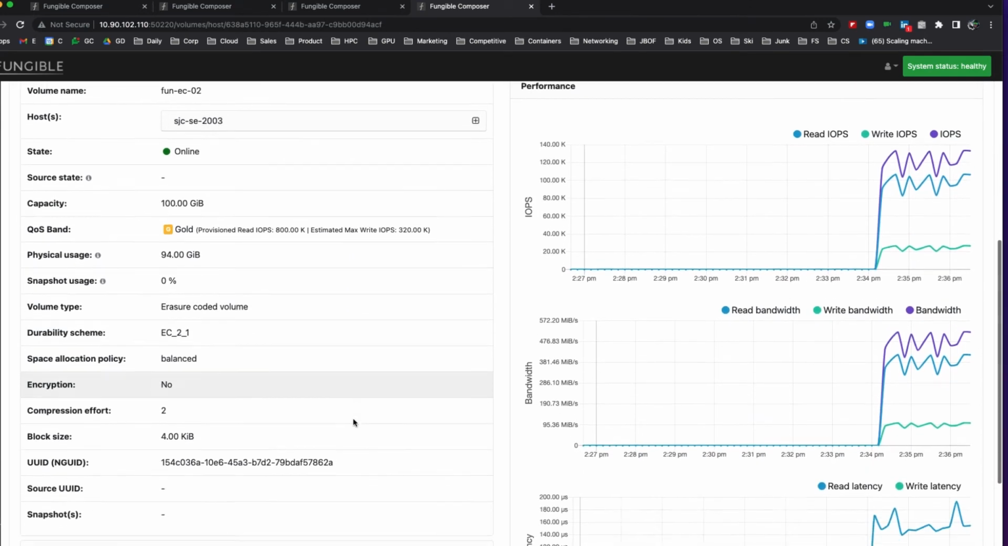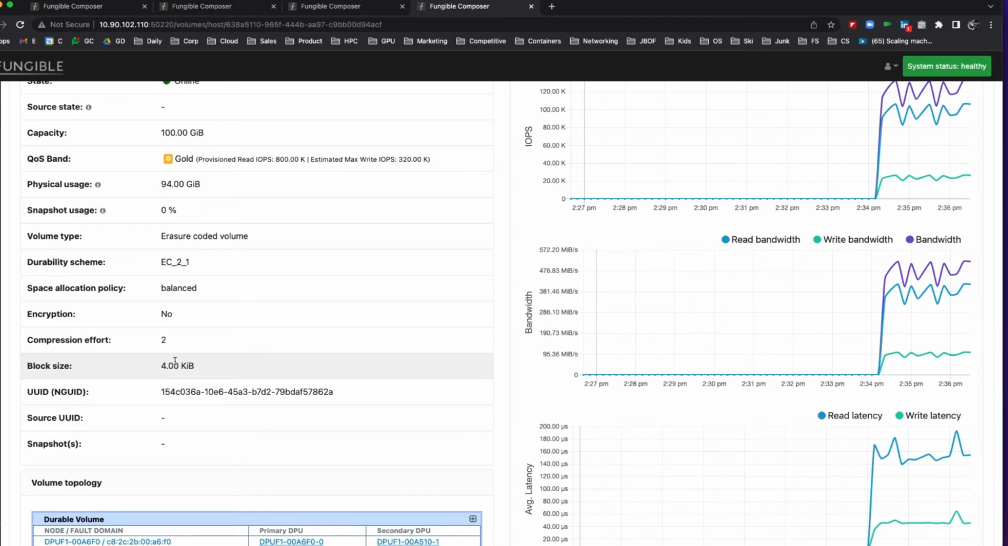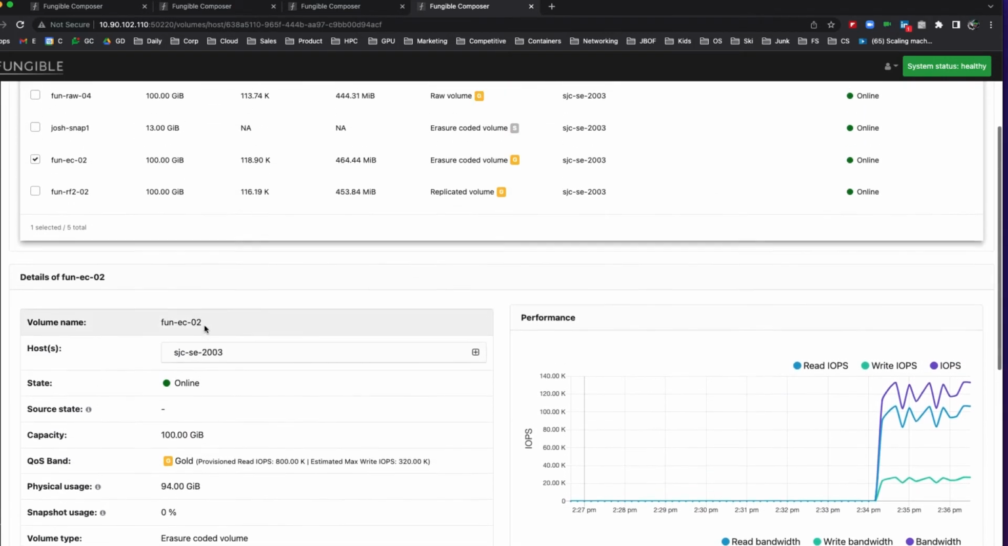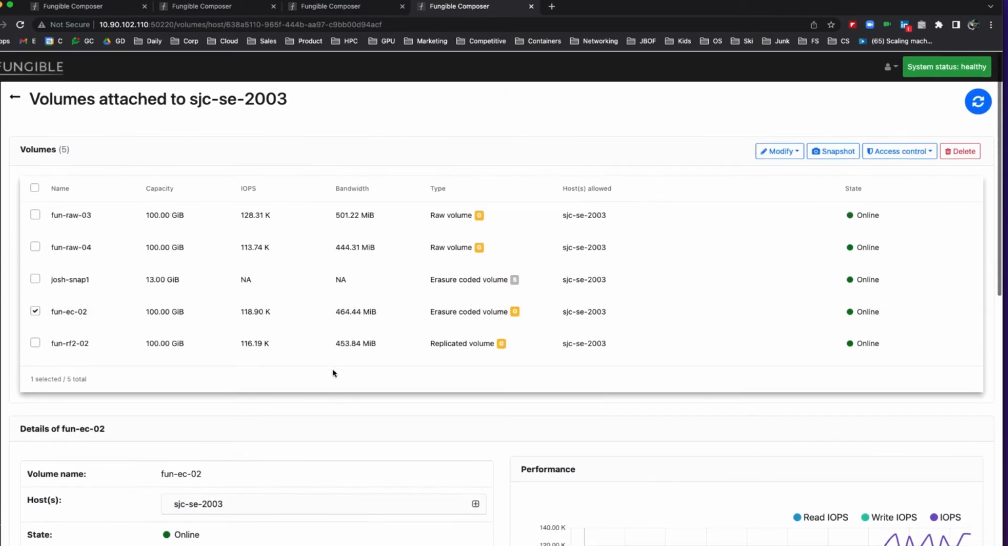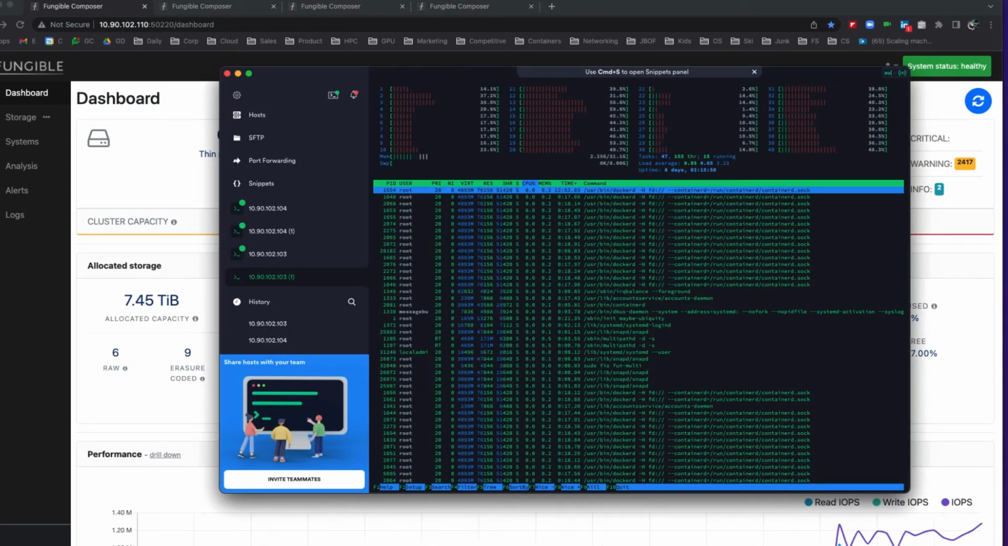And in this case, I have an erasure coded volume at 2+1. It's 4 KB. I have compression turned on for this particular volume as well. So it's additional data services. Like I said, it gives me that granularity. But the really interesting thing here is when I show you the difference between these two systems that are operating and running. Here's a system that does not have a fungible accelerator card doing those data-centric storage initiation